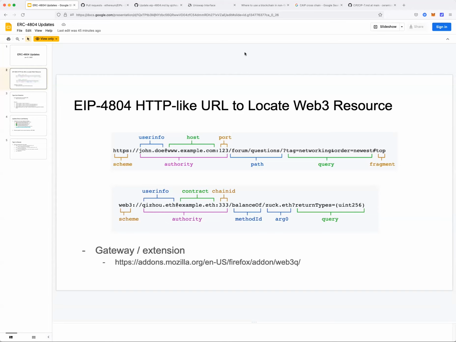I also think it's very, very generic, and how you would interpret the data you get back really depends on the use case. So it's difficult for someone to just give you a URL and you properly display it. You could add extra hints on the side to figure that out, but that puts a lot of effort onto wallet developers and browser developers.